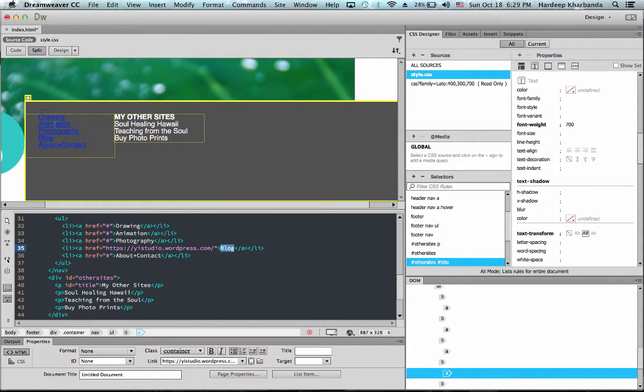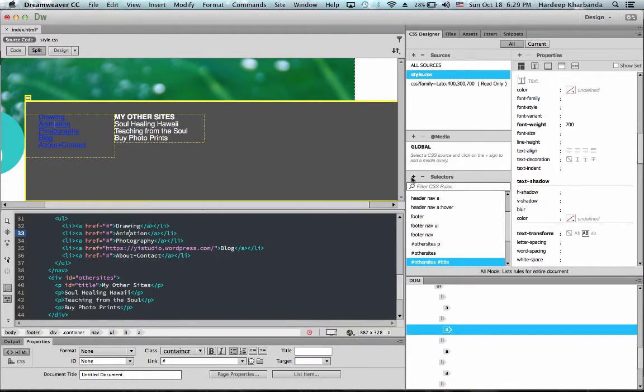Once again, Dreamweaver changes all of these links to blue and adds the underline. And now we know how to fix it just like we did for the header menu in another video. So I'm going to add a selector for the links. Now select any one of the A tags, which stands for anchor or link, and instead of saying ul li a, which would apply to all links inside all unordered lists, I really want this to apply to only links in the footer.